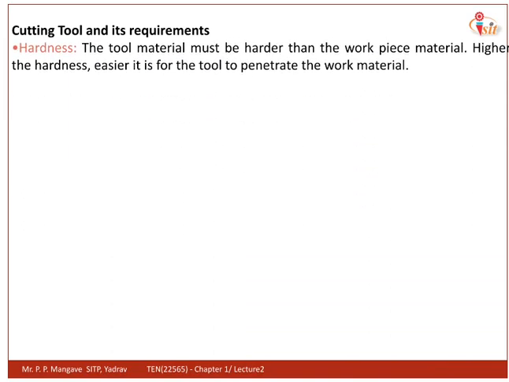First property, that is hardness. As you can see, that is a basic. From the workpiece, if the material is to be removed, it is obvious that the tool we are using to remove the material must be harder than the material removed. That is, the material of the tool should be harder than that of the material which is to be machined, so that it is easy for the tool to penetrate inside the workpiece.